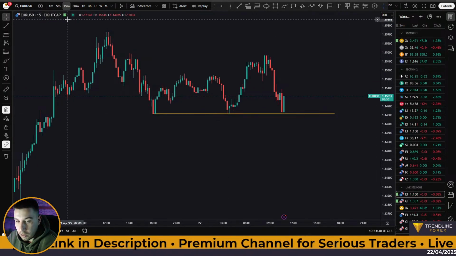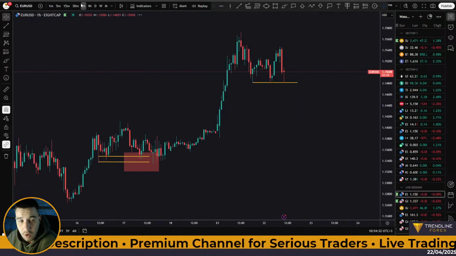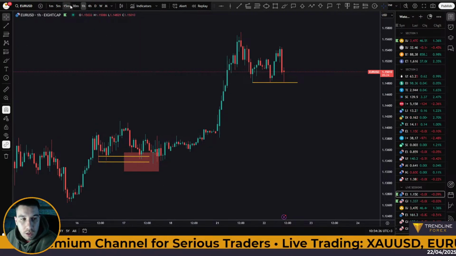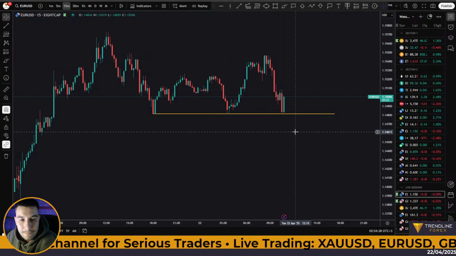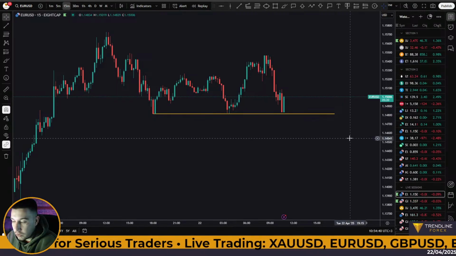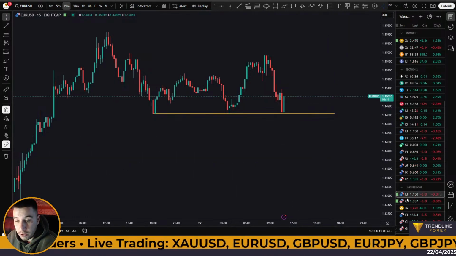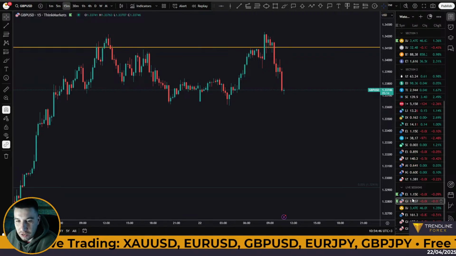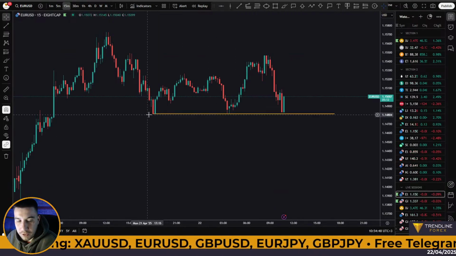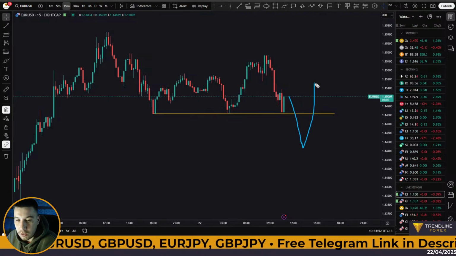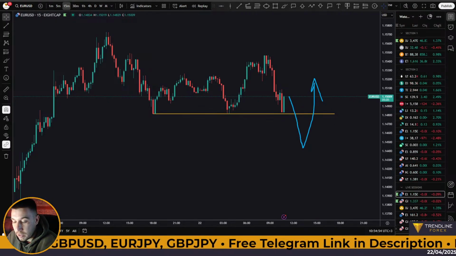Obviously, when we're looking at the lower time frames, of course, because if you go over to the 1 hour, the 4 hour charts, you will see that we're bullish. But I do want to see some pullbacks in order for me to start looking for buying opportunities. Otherwise, I don't really want to, especially when I have equal lows, right? I know at some point the market will take those out and maybe then go back to the upside.